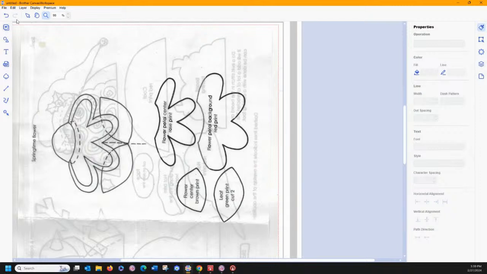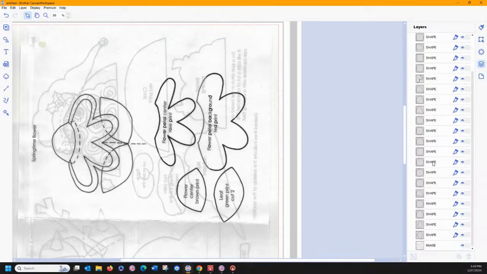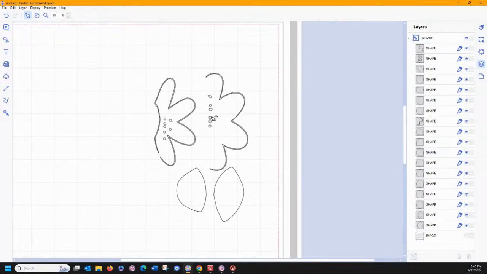If you notice, I'm going to hit my select tool, and let's go into our layers window. And you can see that we have a lot of little internal. That's the outside. That's an internal. We can delete it. So I'm in my layers window, and I can just delete it. And if you want an easy way of knowing what you can delete, just come over there. Let's just tap them twice. Or I could ungroup it.